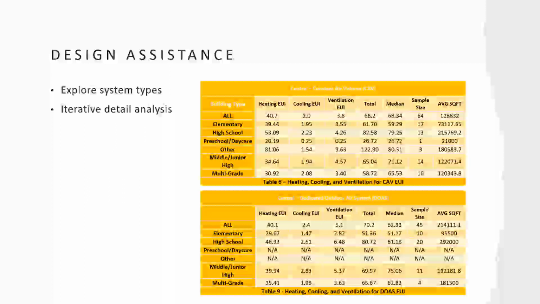So again, one of those ways you can do that is looking at databases that have compiled information on building system types. So again, we're sticking with education, CBECS here, 2018. And we're looking at CAV, constant air volume, versus DOAS, dedicated outdoor air systems. And so we take a look here at high schools, see the heating is 53.09, and here it's 46.33. But again, context, so we got our sample size here, and we got the average square footage of that sample size. So 292,000